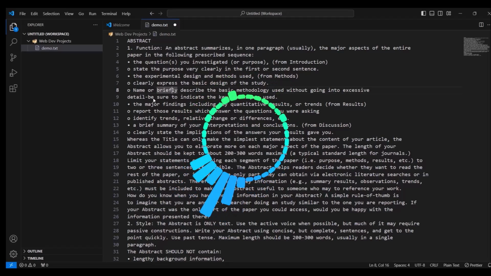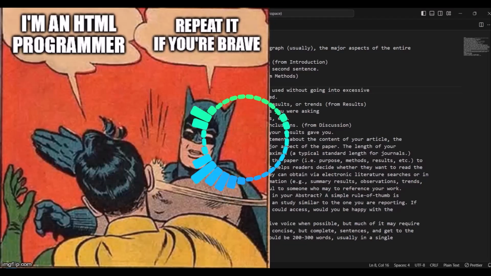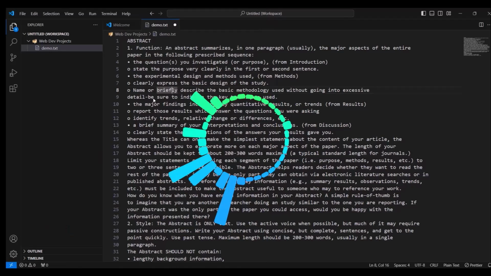So what is HTML? HTML or Hypertext Markup Language is not a programming language with complex logic. So we don't have complex logic. It's not a programming language. There are many jokes with this thing, and you can see this one now here. Instead, it's a markup language designed to structure the content on the web. This structure allows browsers to interpret and display the content in a meaningful way.